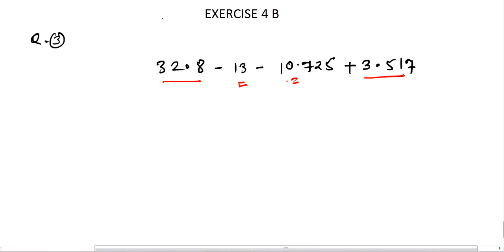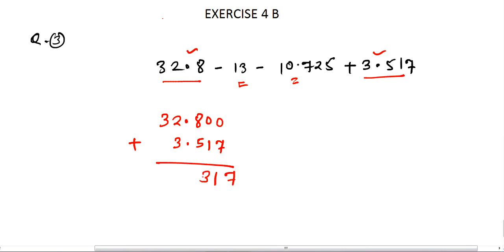or you can subtract by adding. Just like this is positive one, this is positive one. So 32.8 plus 3.517. So 0 and 0. This is 7, 1, 8, 5, 13. 1 carry. So 6, 3. Now you can subtract these two numbers. Clear? Or you can do just like minus 13 and minus 10. You can add these because minus minus you can add. Clear? Or you can directly subtract.